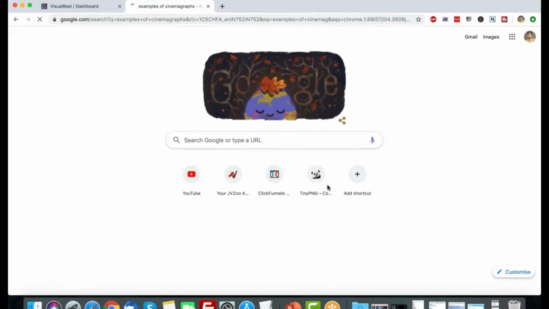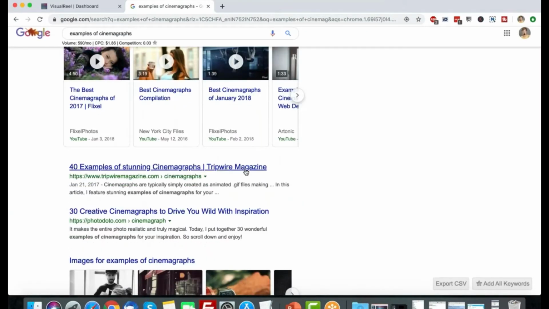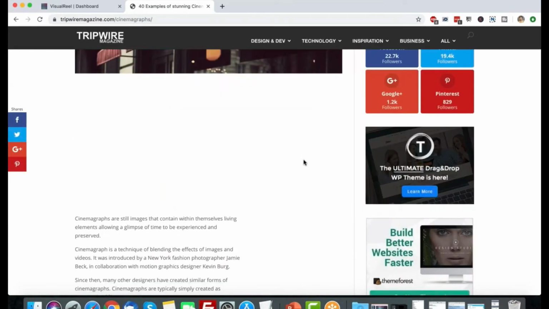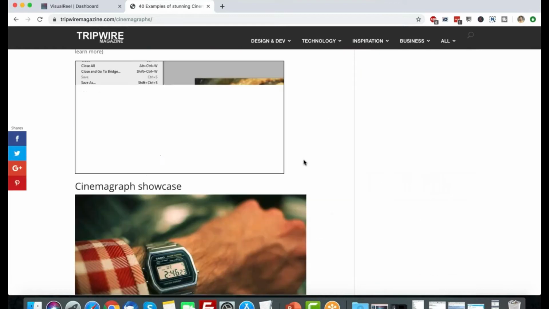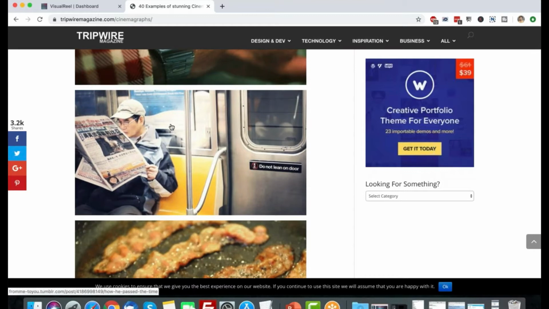This will also give you a brief idea of how other brands are using cinemagraphs in their social media, so you get a better understanding of how you can use it. So let me open up this blog post. Okay, so as you can see in this image, this is an image, but it's animated. The paper keeps on moving all the time, and then there's this little thing in the window that keeps on moving all the time. Everything else is still. So this is a cinemagraph.